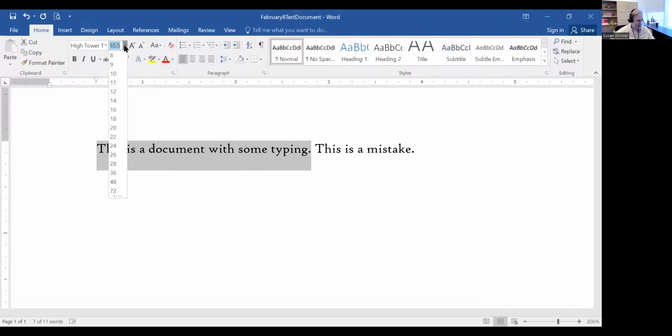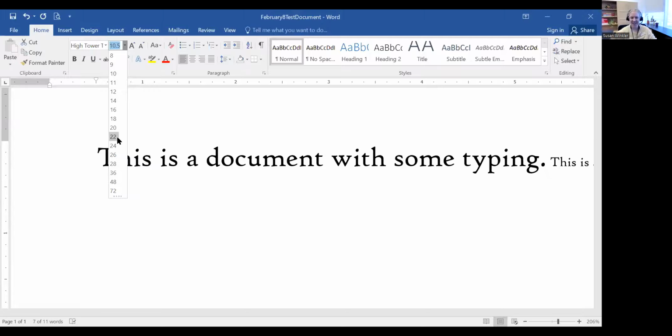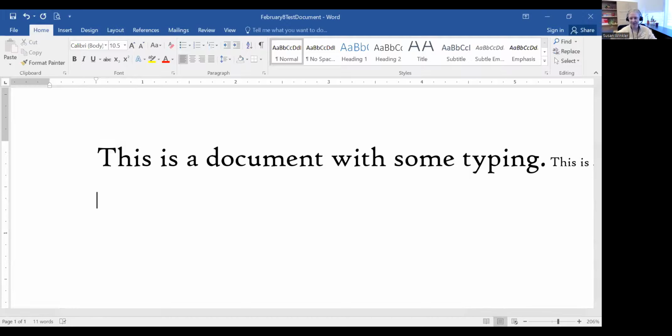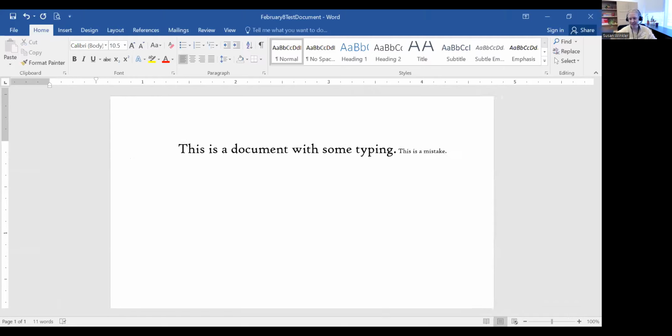So somebody pick a number that you can see on the screen. And you can put it in the chat. I don't see anything yet. Okay, Rebecca, pick a number. Let's go with 22. Okay, I'm going to make this 22 point font. And that's what we say, either the size of 22 or 22 point. So 22 point font. Okay, so now if I zoom out a little bit, you'll be able to see that